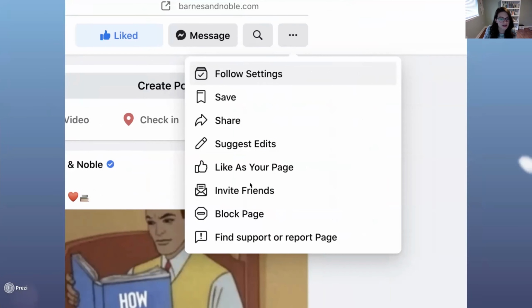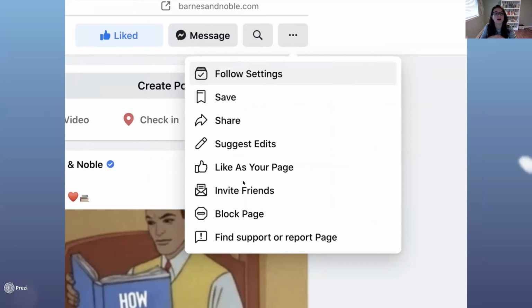You can invite friends to like the page. I highly encourage you to do that, again, for your own page, or if there's a business you care about. I would encourage you to only invite people to like the page if you think that they would be a customer of that business. Unfortunately, if you invite 1,000 of your friends to like the page, and you've got friends all over the United States, and you're inviting them to like a local business, they're not going to become a customer of that business. So it's not beneficial to the page owner for them to be following it, if that makes sense.